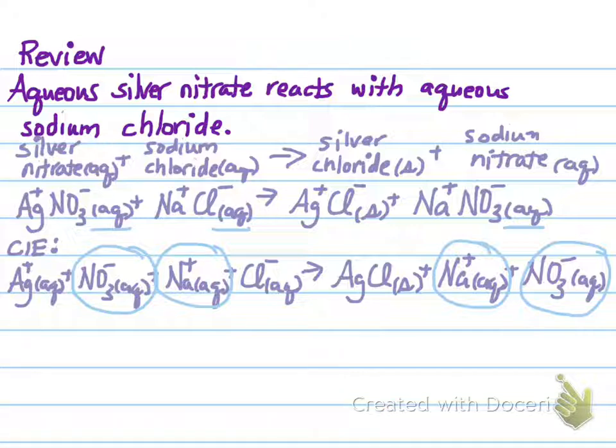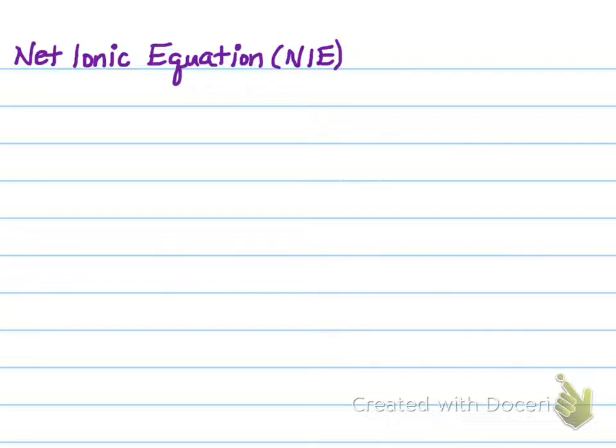All right, so that's kind of a review of where we were at, and we're going to need this equation, so that was part of the reason for the review. So let's talk about now, how do we take our complete ionic equation and the spectator ions that we've identified and write a net ionic equation? So the definition of a net ionic equation is an equation